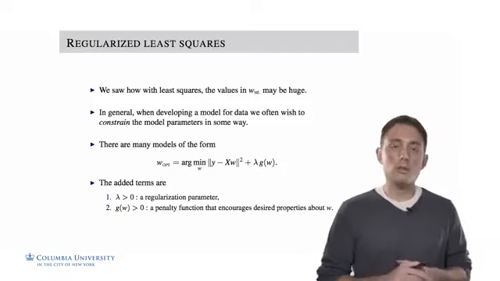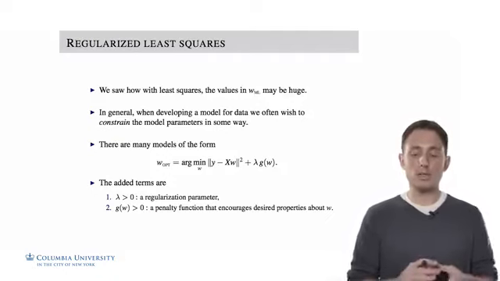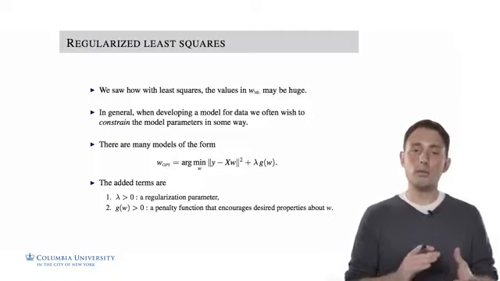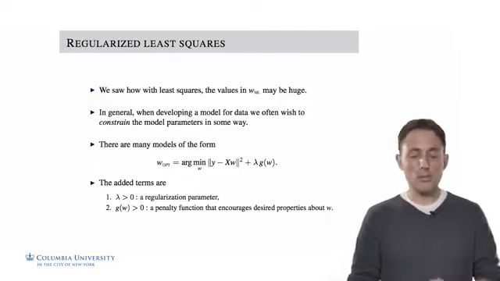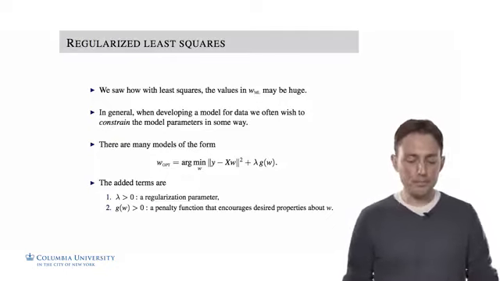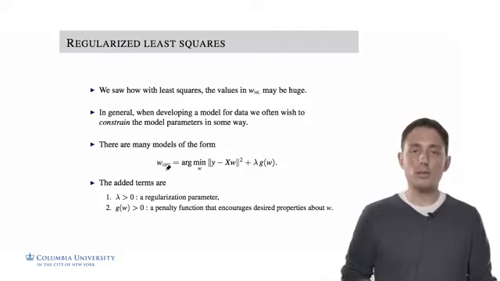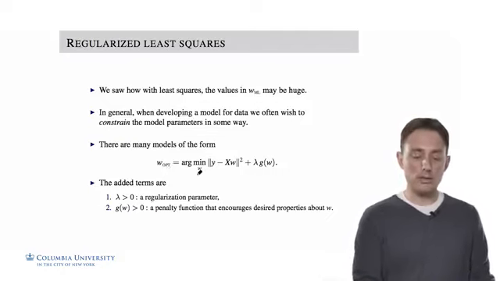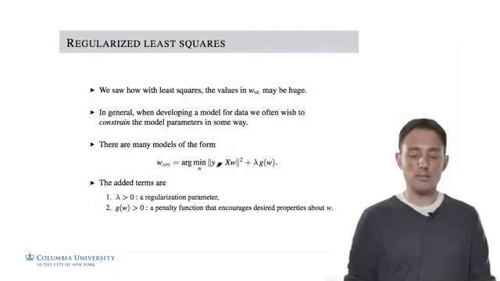So in general, when we develop a model for data, we often wish to somehow constrain the model parameters. In this case, that constraint might take the form of penalizing values of W that we consider to be too large. Many models have this general form, where the optimal value for the vector W is the vector that minimizes the sum of squared errors. This is exactly like before, the sum of squared errors of our approximation,